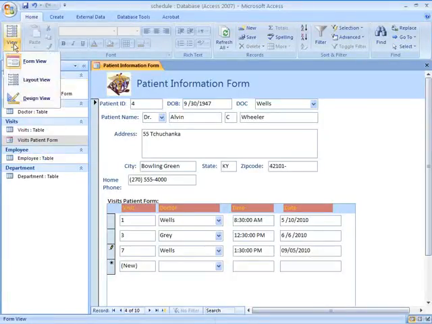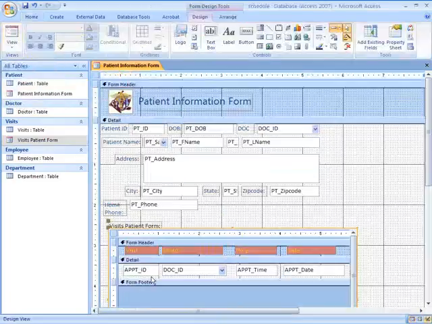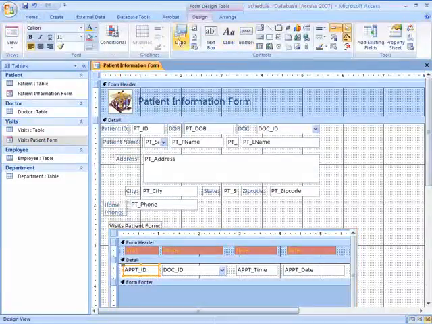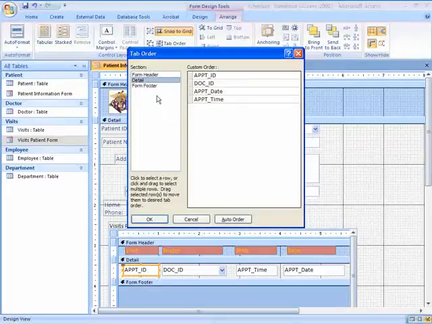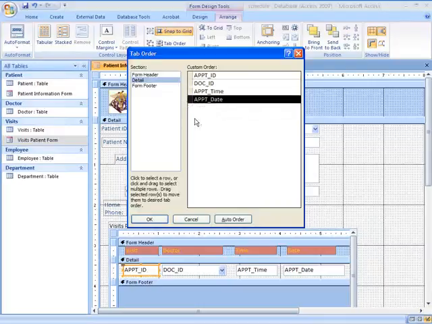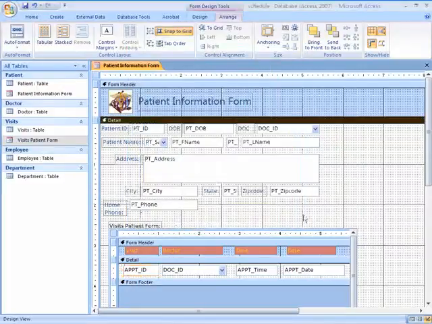Tab order, how do you change tab order on a field? So let's go to design view. One of the things you can change is the tab order, so hitting tab in a field, how you come through it. If you click on this, so on detail, this is the tab order. You see how this is backwards. So what I've done now is I've got appointment ID, doc ID, appointment time and date, so I'm going to say OK. And now when I actually use the form,